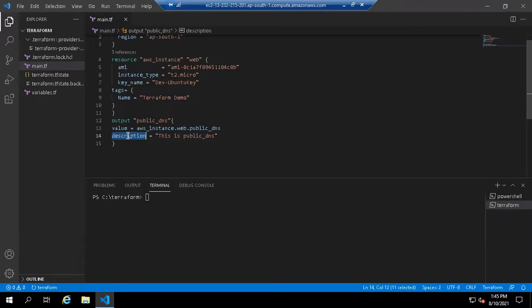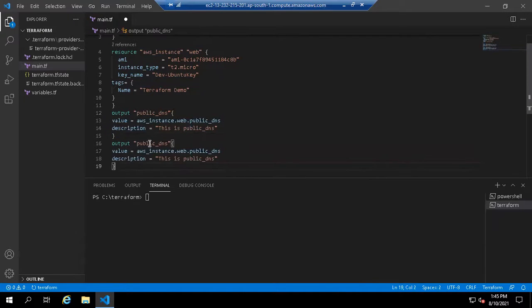In description you can assign some meaningful name. Same for the subnet ID. Copy the output and values and paste here, and replace public DNS with subnet_id. Copy and paste here also.